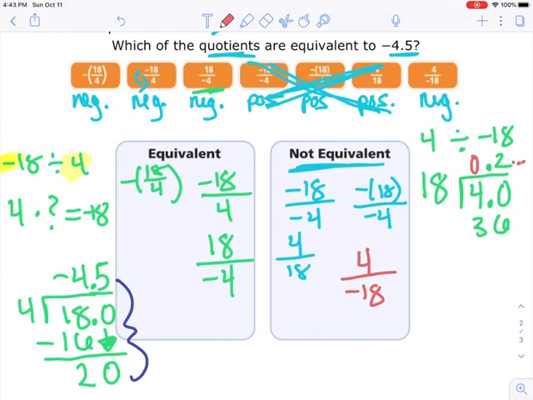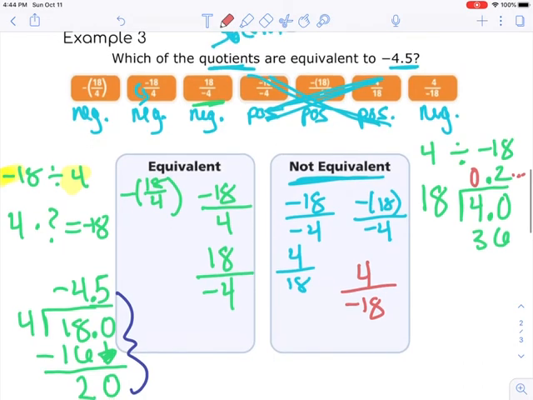So if you ever see problems like this, the first thing that you should do is process of elimination. Use your negative signs to eliminate some answers to make it a bit easier on yourself, and then go straight into the division so you can see which ones are equivalent and which ones are